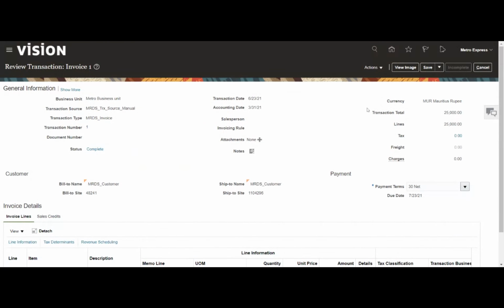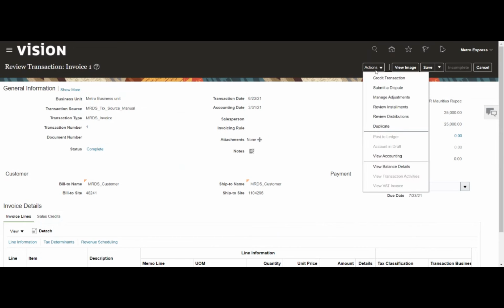Okay. So now if you see, we will not have the option to do the incomplete. The reason being is that we have made the create accounting process, which means we have accounted this particular transaction. Okay. So that is the reason. And now if I want to incomplete this, I will have to first reverse the entries in the GL and then I'll have to come back here and do those process. Okay.